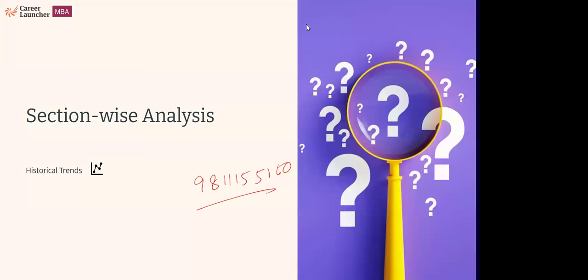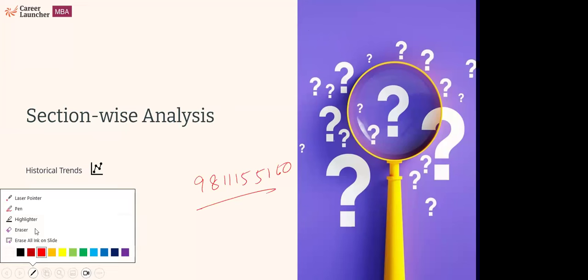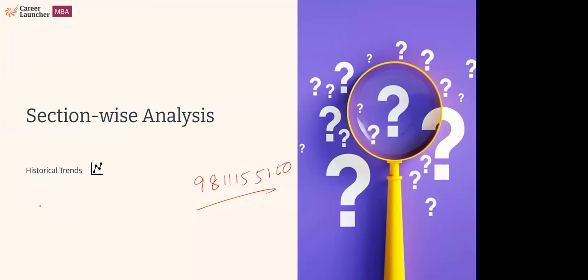Last year I gave XAT 25, and this year too. One doubt I had: last year when I solved the DM sets, my accuracy was good in DM. But quant is slightly different when I compare it with CAT, because CAT options are very straightforward. For example, the log question last year, where you solve for the value of x, everyone marked answer two, and there are options like this is possible, that is possible. How can we deal with such questions?